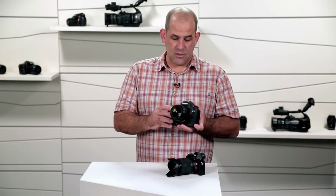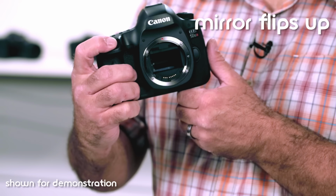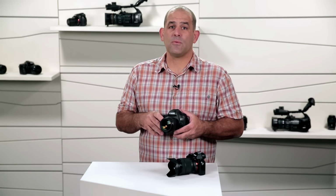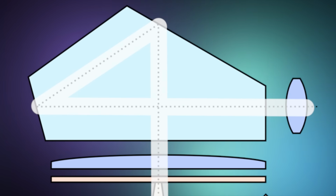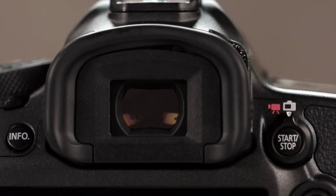Now, when you want to take a picture, things get really interesting. You hit the shutter button, and that whole mirror assembly flips up. That's that distinctive taking a picture sound that DSLRs make. Light hits the camera's sensor or film directly, and the viewfinder blacks out until the exposure is finished. Basically, you'll see approximately the exact same light level as you experience. So if it's dark, you'll have a dark viewfinder,